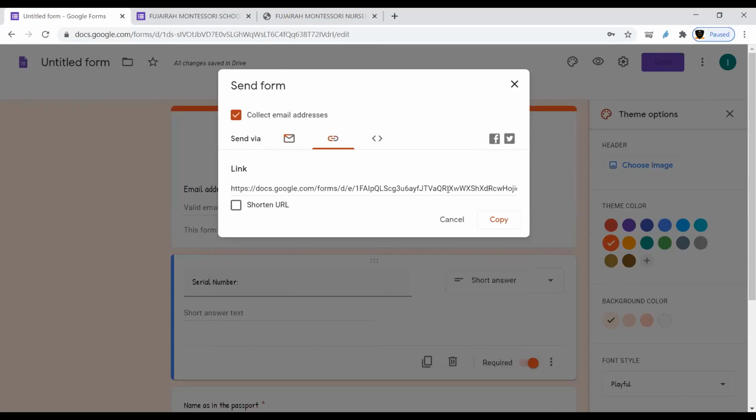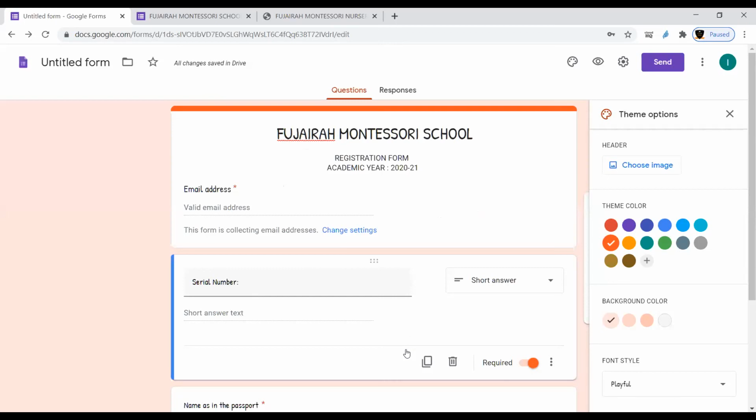Okay, this is the common link. And if you want to shorten the link, you have to click here, shorten URL. Once you shorten the URL, it will become very short. So this is what the link exactly is. I'm going to copy this link. Okay, this is the link of this form. I'm just going to copy it and share it with you in the chat box. In the Zoom chat box, I'm going to share this link so that, 3 questions are there, you have to submit it in your own way.